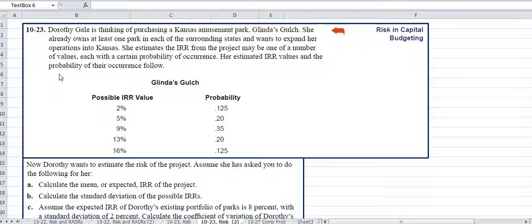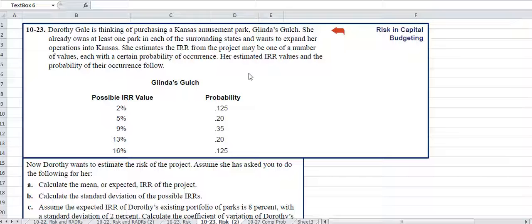We are looking at problem 1023, risk and capital budgeting. So we're going to be looking at an existing portfolio and analyzing the additional risk of adding to the existing portfolio. So I'll let you read the details of the scenario, but for our purposes here, we want to look at,